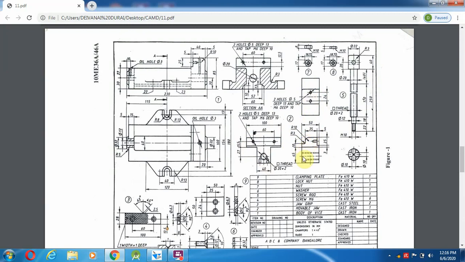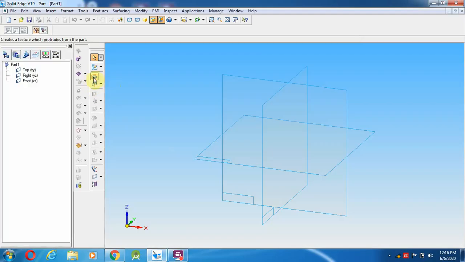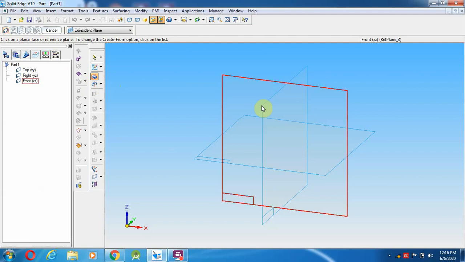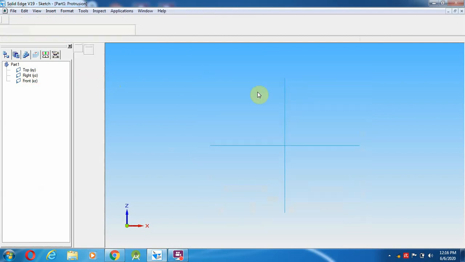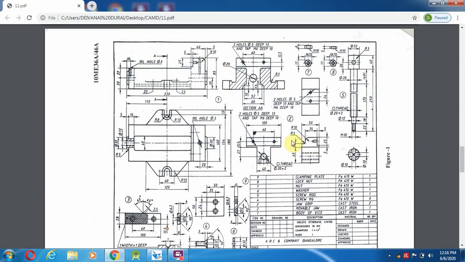Then from this we are going to make the remaining parts, like adding the material and removing the material. Those we have to make over here. Then come here, select a solid part, and select a protrusion first. Going to select the front view. I'm going to make this particular portion over here. So this is the portion, one thing you can remember over here.